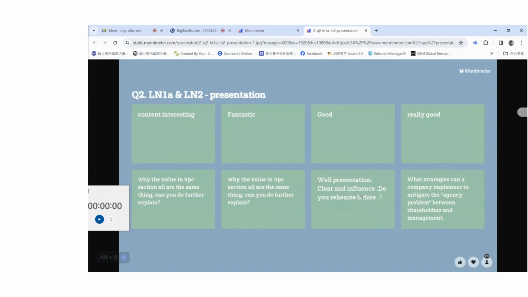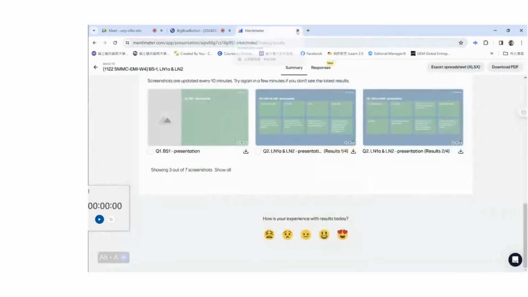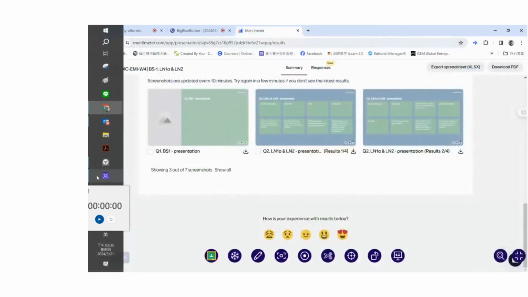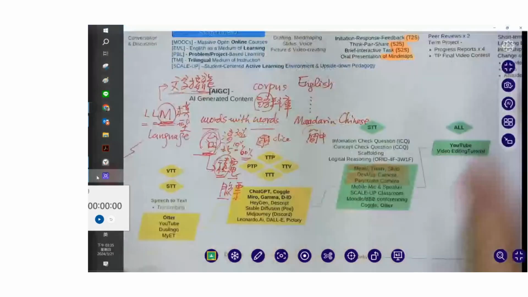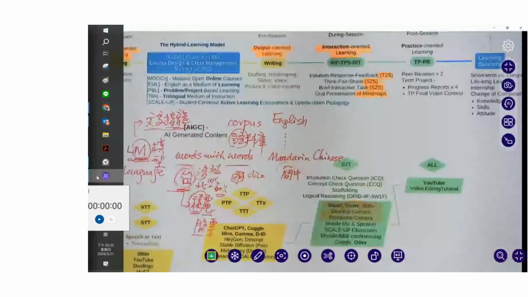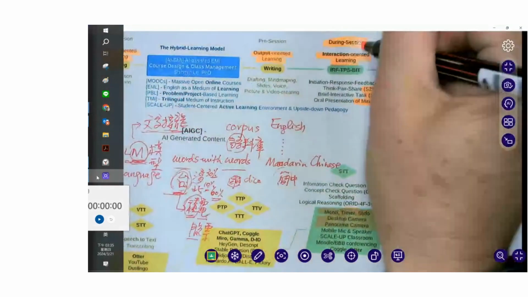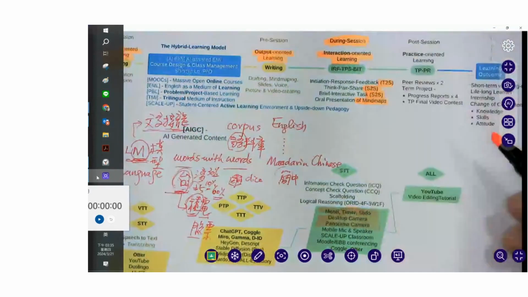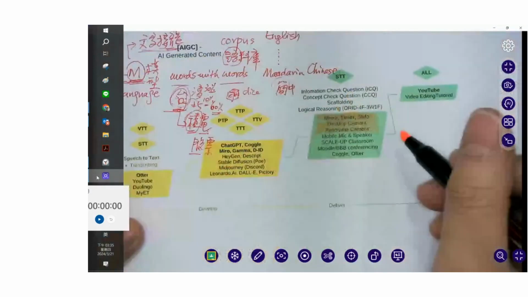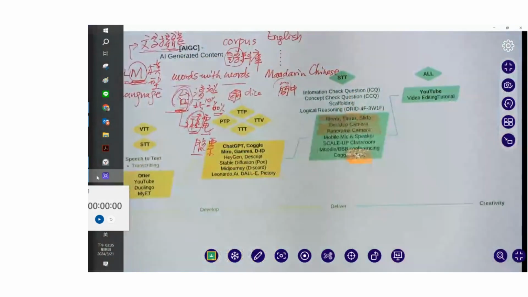Can you do further explain? 还有 What strategies can the company implement to mitigate the agency problem between shareholders and management? 这就是学生在某一组上台报告时给的回馈。Mentimeter 我觉得 interaction 真的很重要，然后科技可以帮助我们。我们其实还有别的东西，等一下来讲 Otter，Otter 可以做什么？我们来看 Otter。